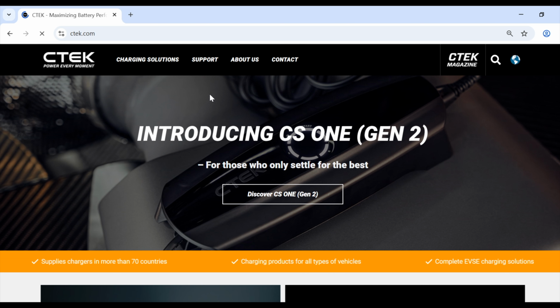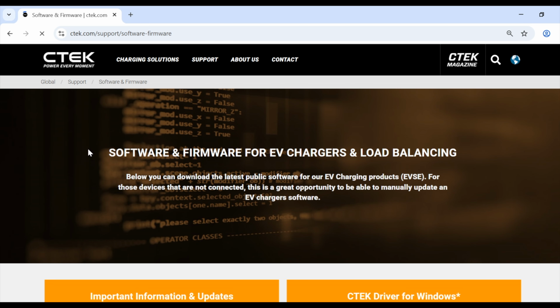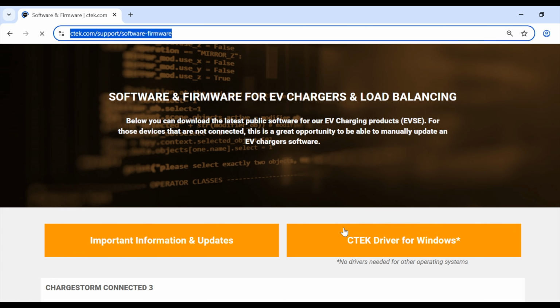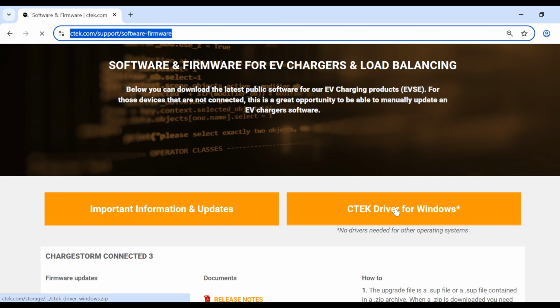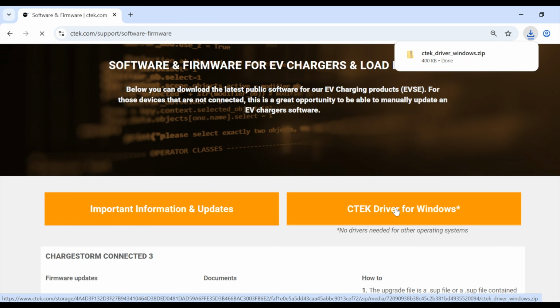Using the Pages menus, select Support and then Software and Firmware. Alternatively, open your browser and go directly to ctek.com/support/software-firmware. Once on the software-firmware page, navigate to the CTEK driver for Windows button, clicking the link to download the